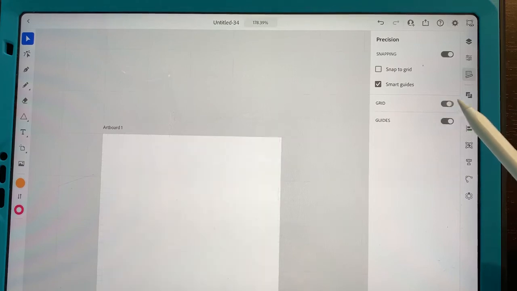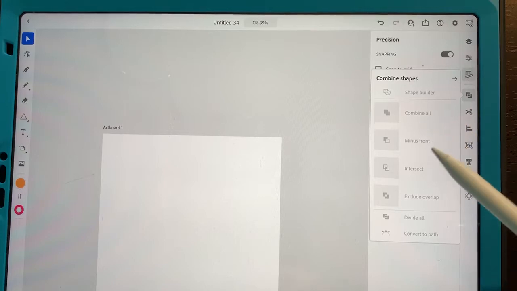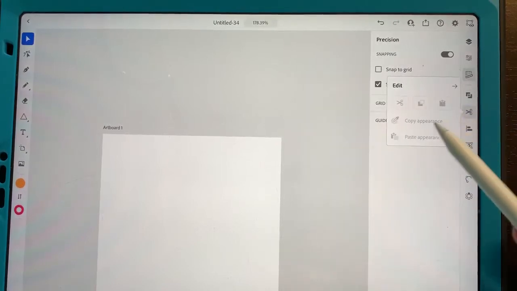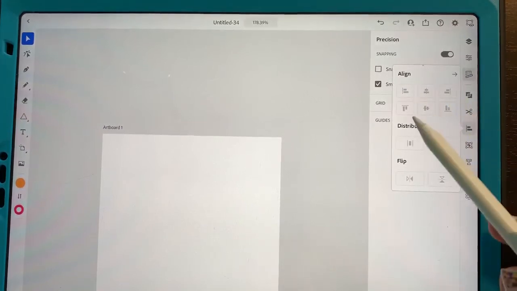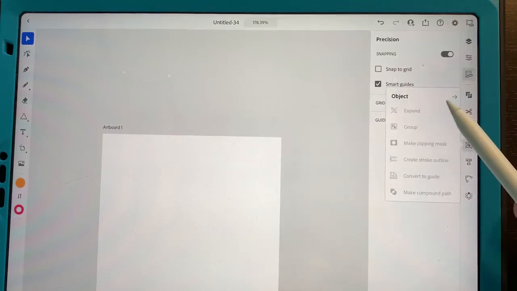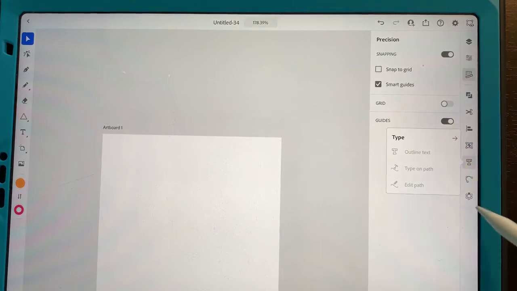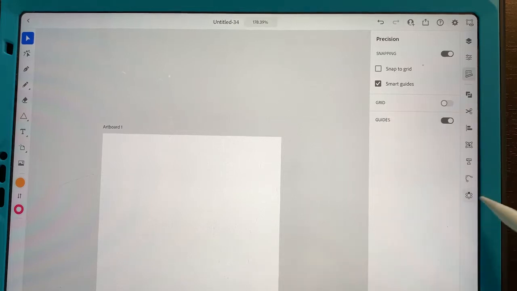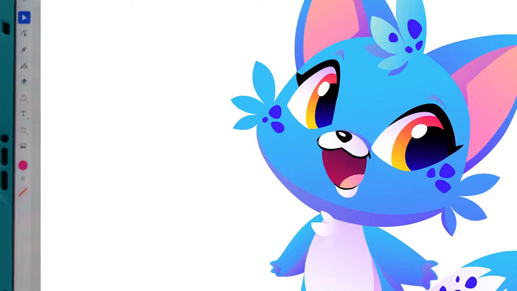You could turn a grid on if you wanted to over here. This is the shapes, combining shapes right here, which I feel like is a whole thing on its own. We'll get to that. You can cut and paste objects in here. This is your aligning. More object effects here, grouping them. Here's your text effects. Your different paths that also came on that drop down earlier. And this is a really cool radial thing that I haven't played much with, but we're gonna fast forward and